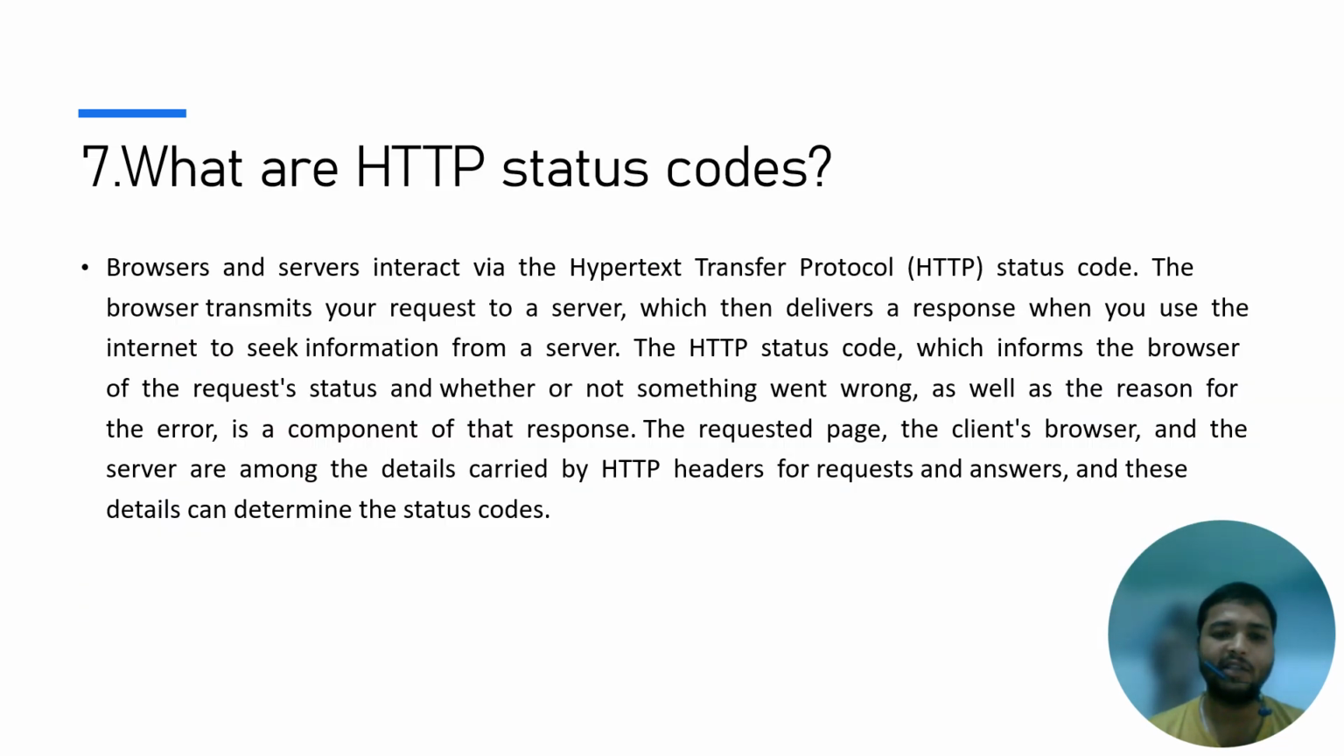What are the HTTP status codes? Browser and server interact via Hypertext Transfer Protocol status codes. The browser transmits your request to the server, which then delivers a response when you use the internet to seek information from the server. The HTTP status code informs the browser of the request status